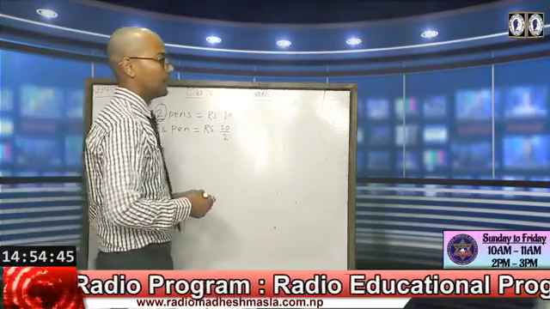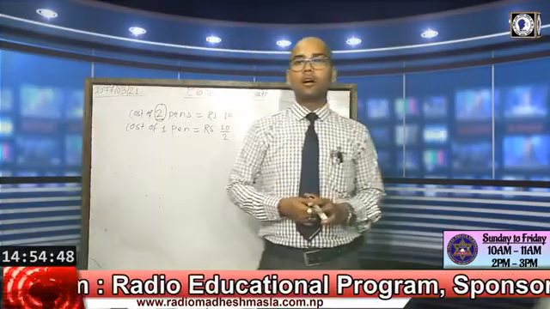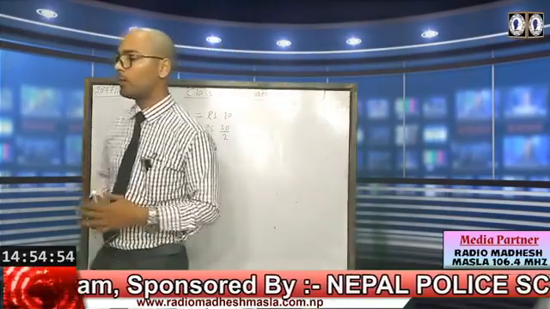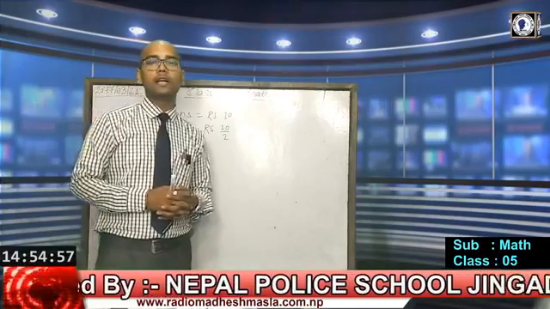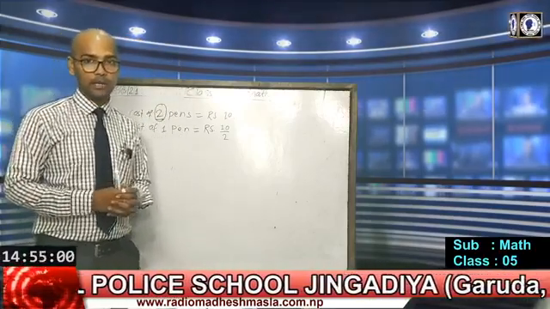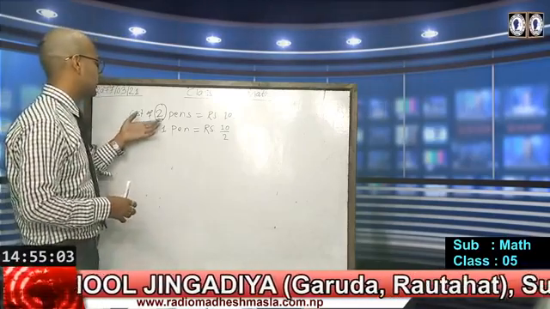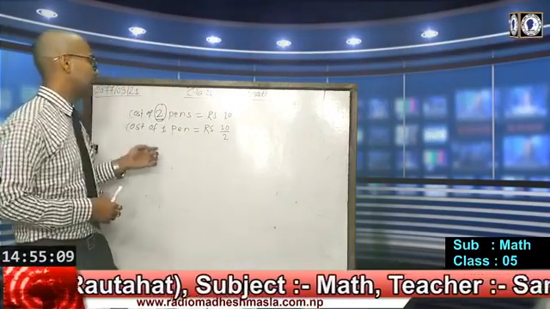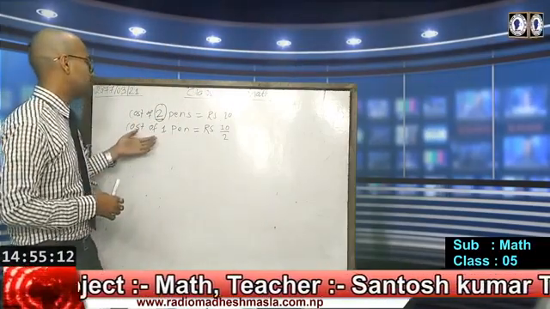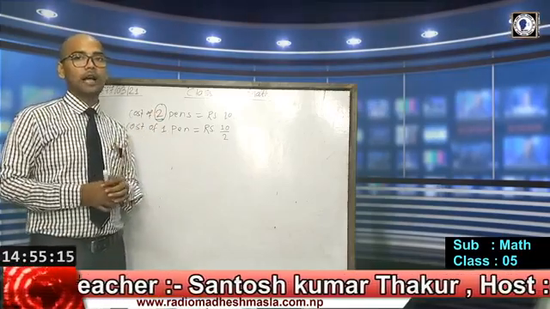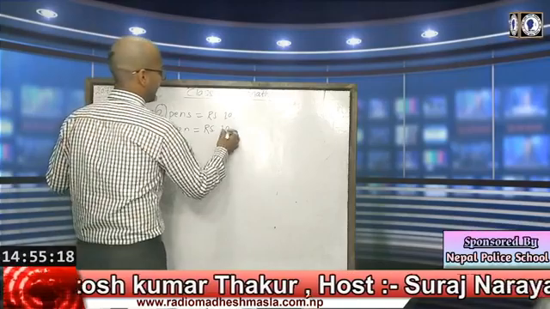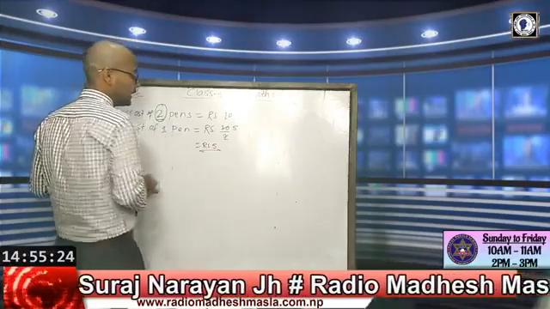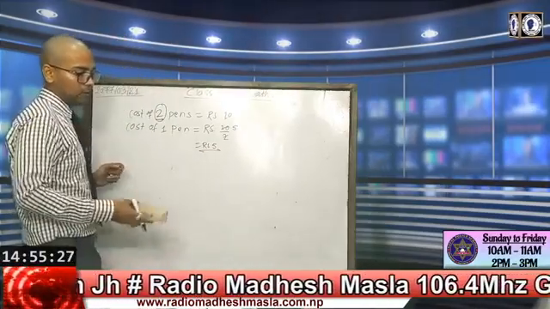If the unit cost of any object is given, and we need to find the cost of more objects, then we have to multiply. But if the cost of more than 1 item is given, and we need to find the cost of a unit item, then we have to divide. It means 10 by 2 is Rs 5. In the same way, suppose you are given the cost of 2 kg of rice.